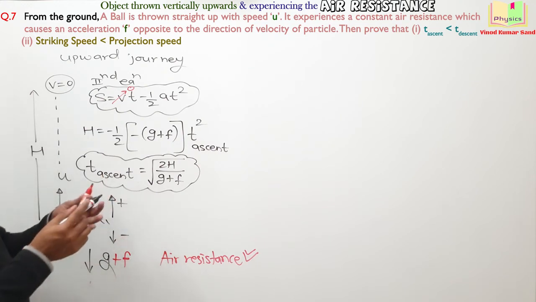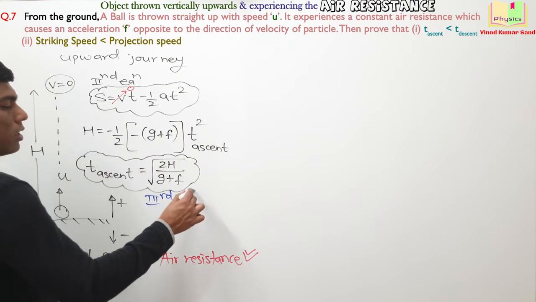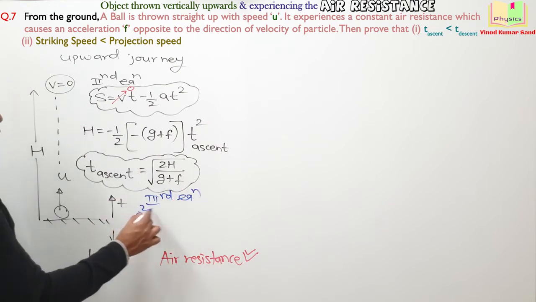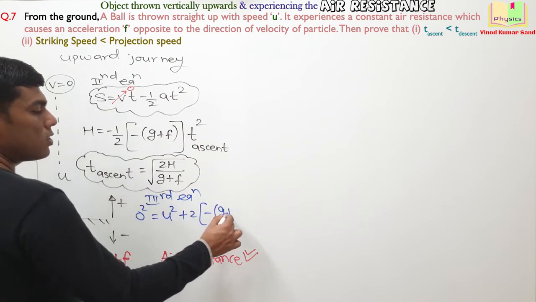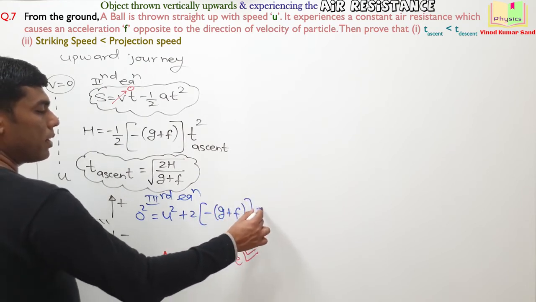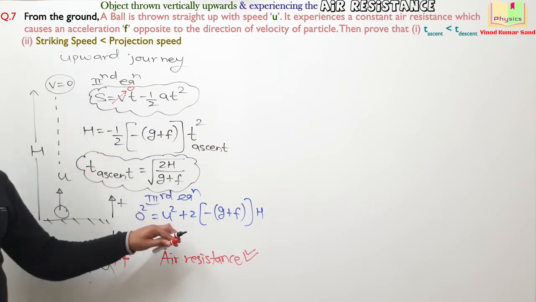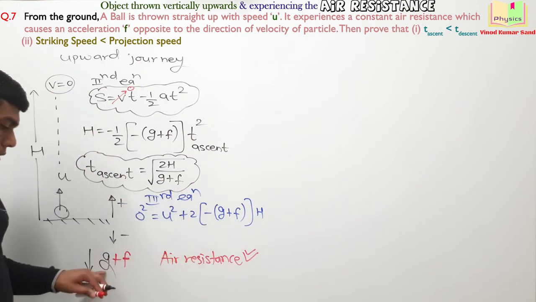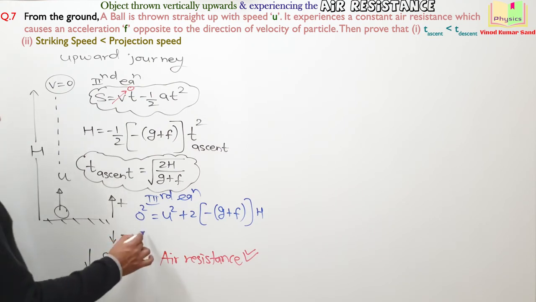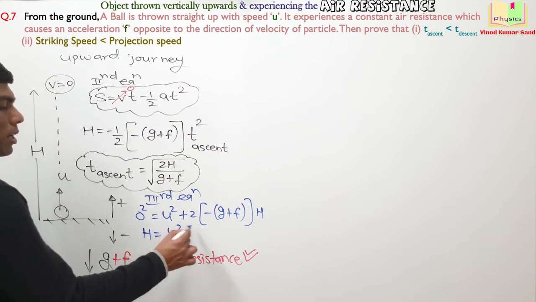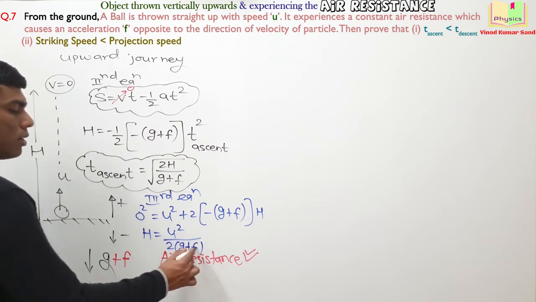Now I'm using the third equation of motion. It will give you 0 square is equal to u square plus 2 into minus (g plus f) multiplied with h. Do you agree? v square is equal to u square plus 2as. Acceleration was in the downward direction. Downward direction has been chosen as negative. This provides us h, which will be equal to u square by 2(g plus f). Now